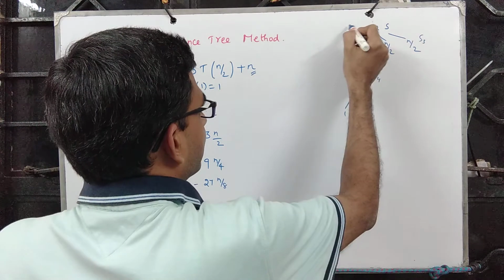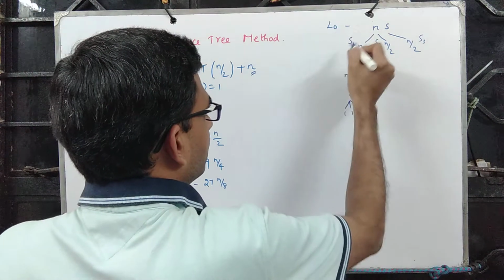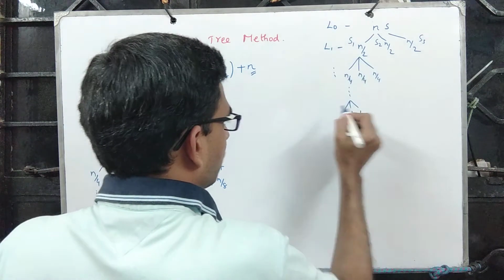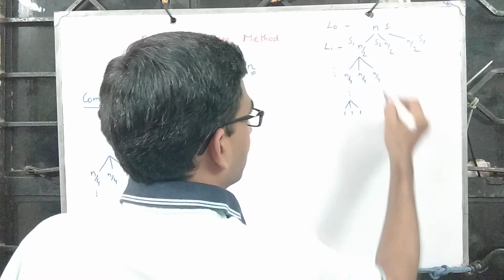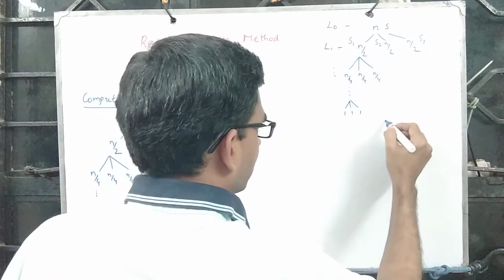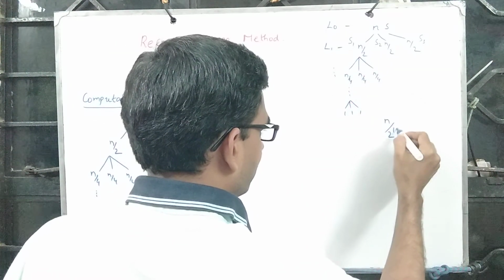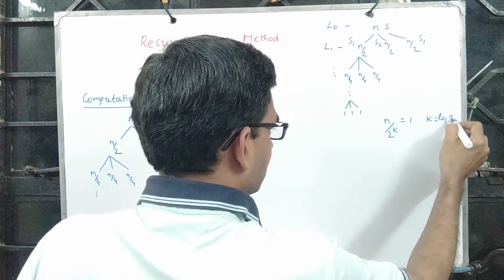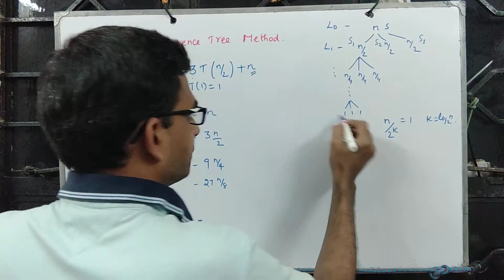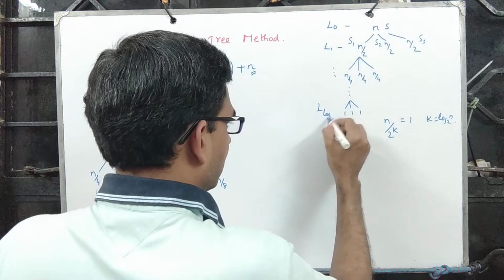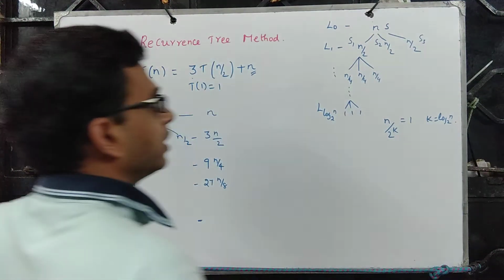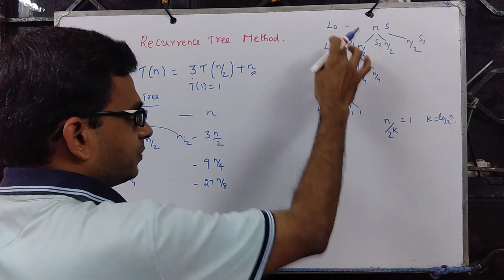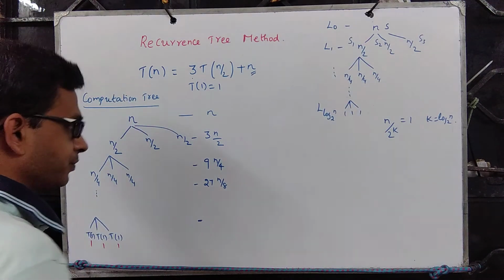So we continue this, and at the last but one level, if you look at this, this will be level 0, this will be level 1, and like that it goes. And what is this level? It becomes n by 2, n by 4 and so on. What is the value of k such that n by 2 to the power k becomes 1? k is log n base 2. So this level is log n base 2. The total number of levels, from this to this, is 1 plus log n base 2.